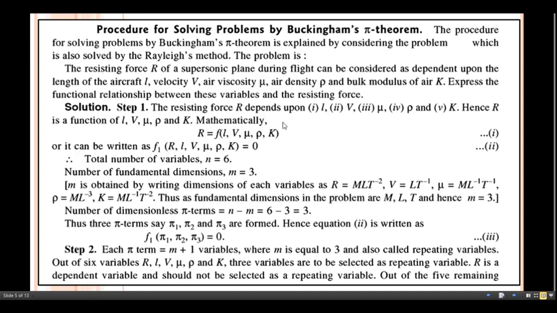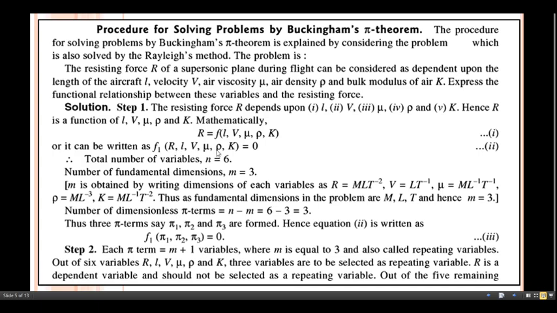Hence this equation number 2 can be written in this way: f2 of pi 1, pi 2, pi 3 equals 0. Give the next equation number for this one. Each pi term is nothing but m plus 1 variables. Here m is 3, and plus 1 means we have to form a group of 3